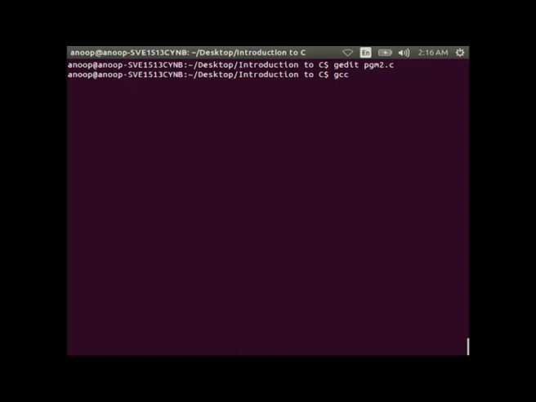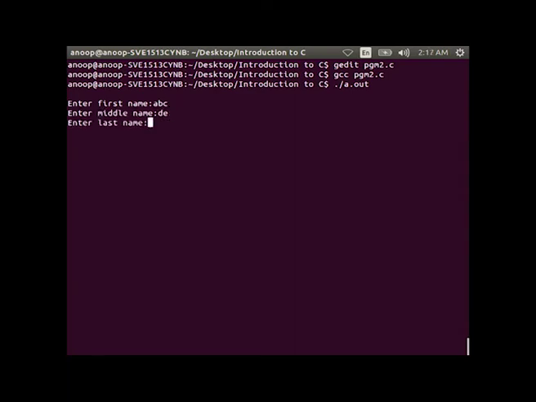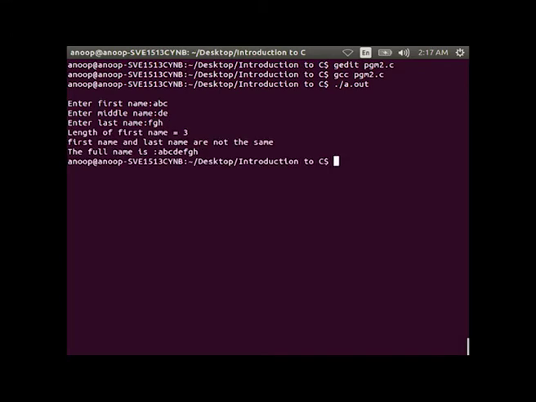So, in the first case, the system will prompt you to enter first name. Suppose you are giving input as A, B, C, the system will prompt you to enter middle name. So, you are entering D, E, then enter last name.